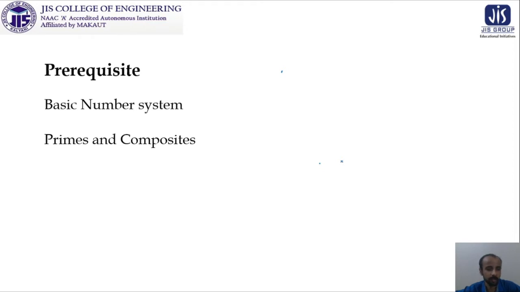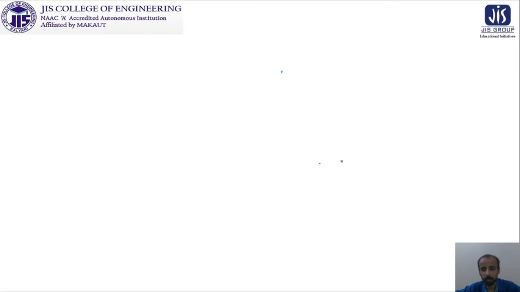Similarly, we have some prerequisites on the well ordering principle. It is already discussed in your class. So finally, we need the concept of divisibility and the division algorithm, which will be required for some problems, as well as some understanding of lemmas and propositions. So we are proceeding to the main topic.